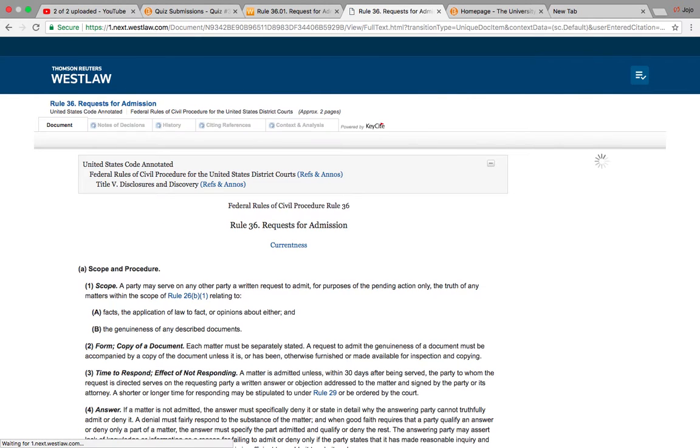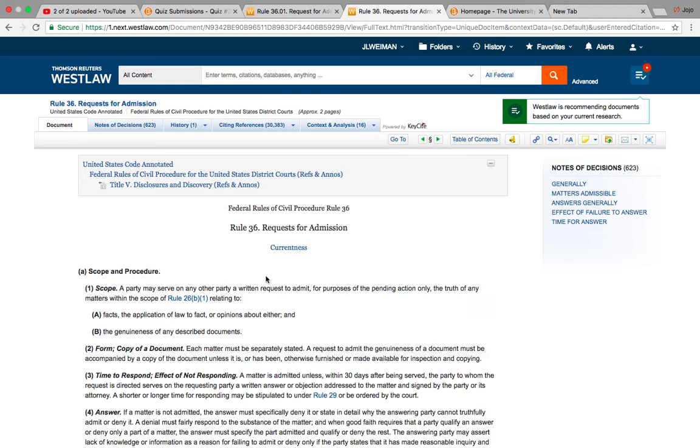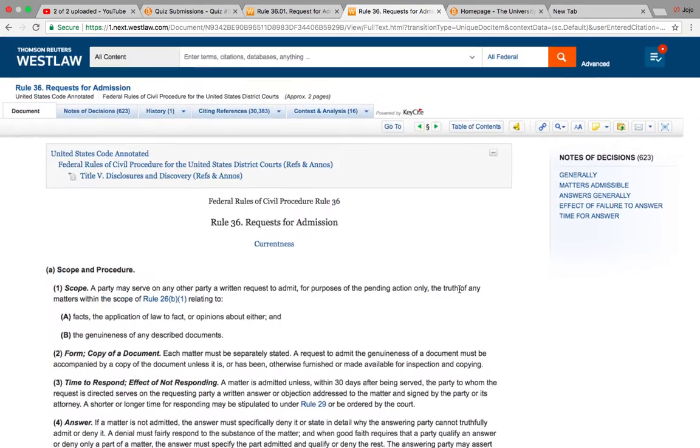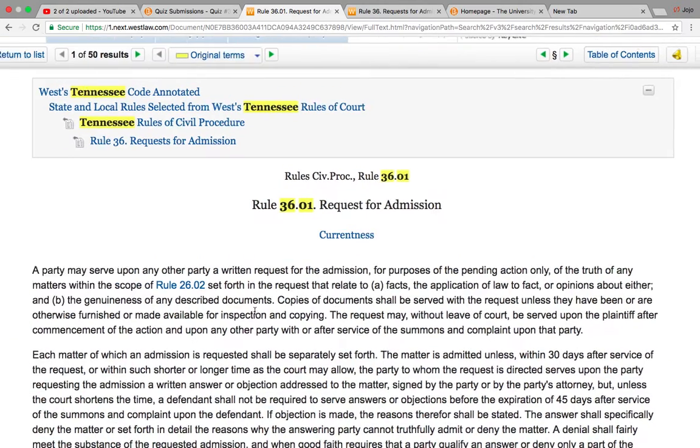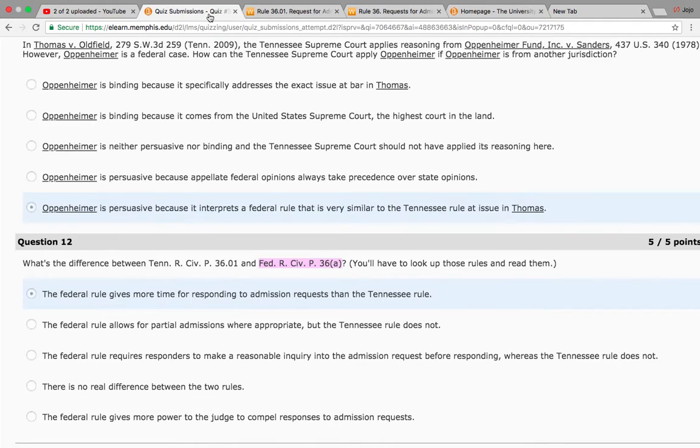So, as I do know a lot about these two rules, I'm going to tell everybody that the rules basically mimic each other. So what I'm going to do is zoom in for both of them, and go through the options for the answers. The first one is the federal rule gives more time for responding to admission requests than the